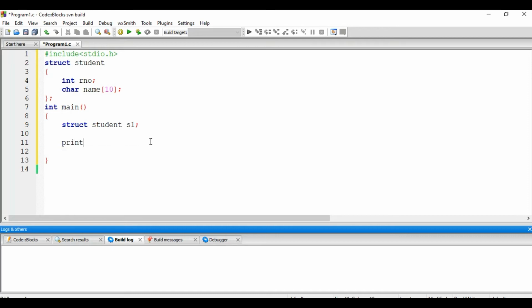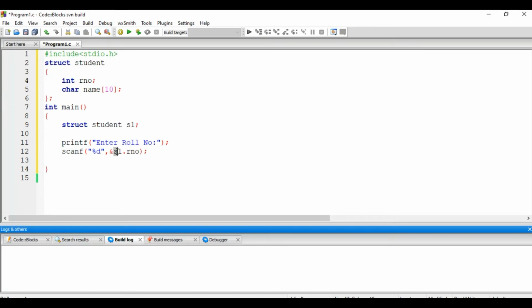I use printf, enter roll number. To receive this roll number, I use a scanf statement, ampersand s1.rno.